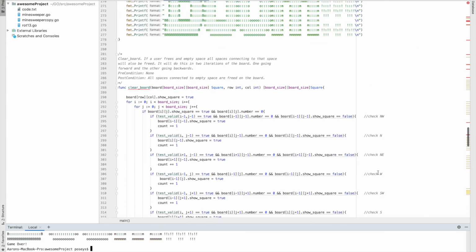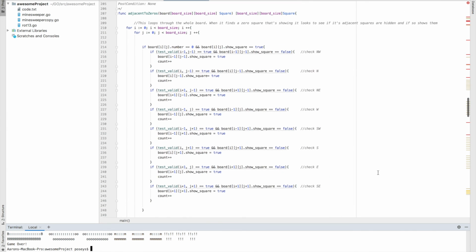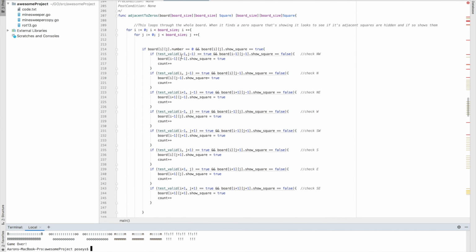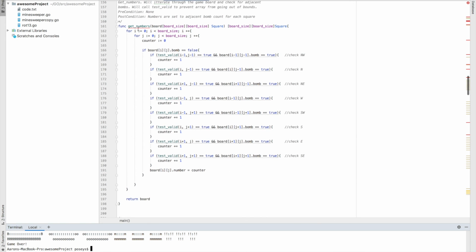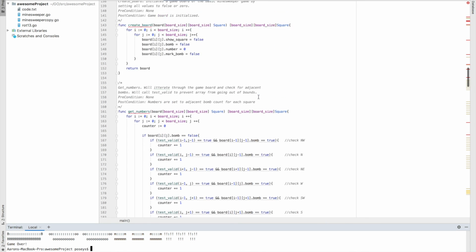The first time, I think, we did it for the adjacent zeros, we did it for the clear board, and we did it originally to get the numbers to put in to see what's around a bomb. But yeah, that's pretty much the game,